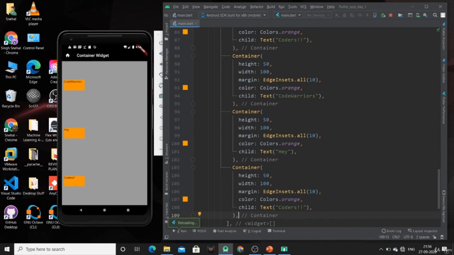So just hit Ctrl and S. Now you can experience this type of error, showing that the bottom is overflowed by 145 pixels, because we are specifying so many children that do not fit in a single page. So this is the drawback of the row widget, or we can say of the column widget. So this was all about the row and column widget.